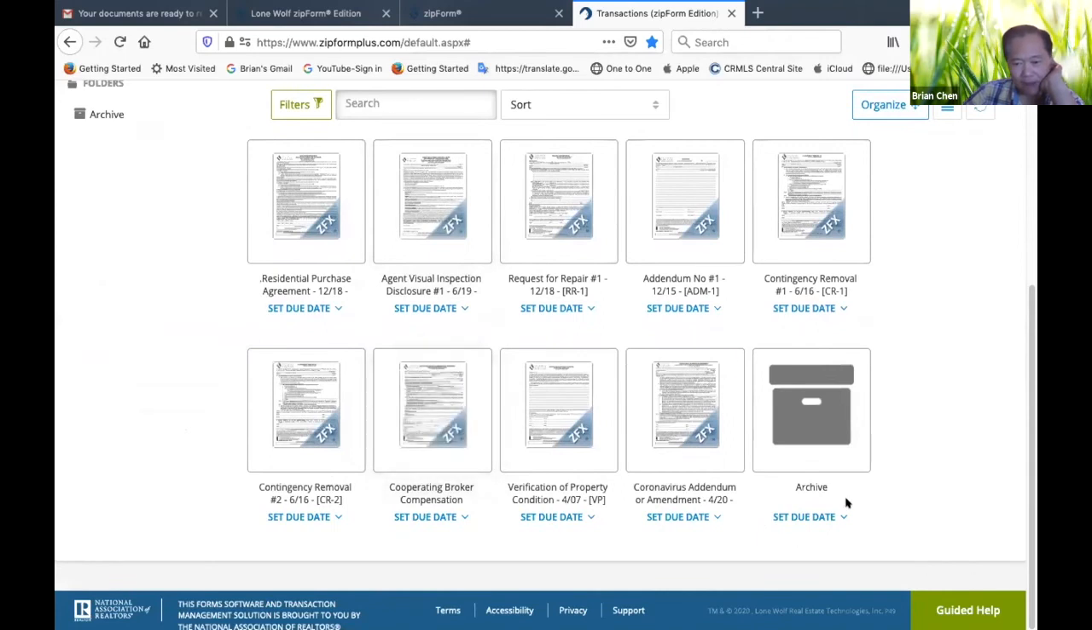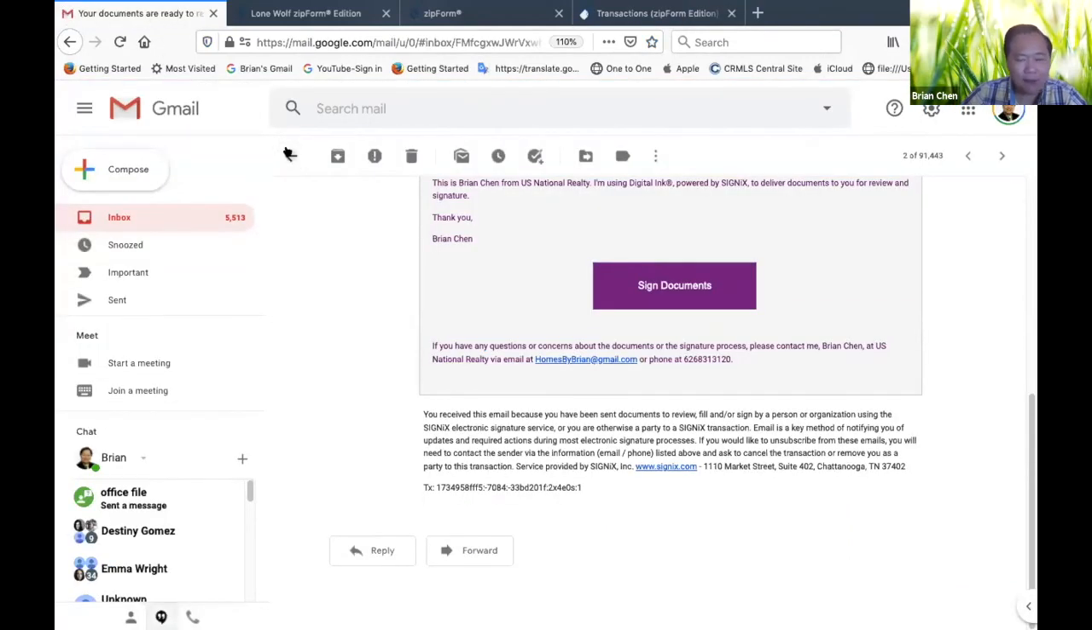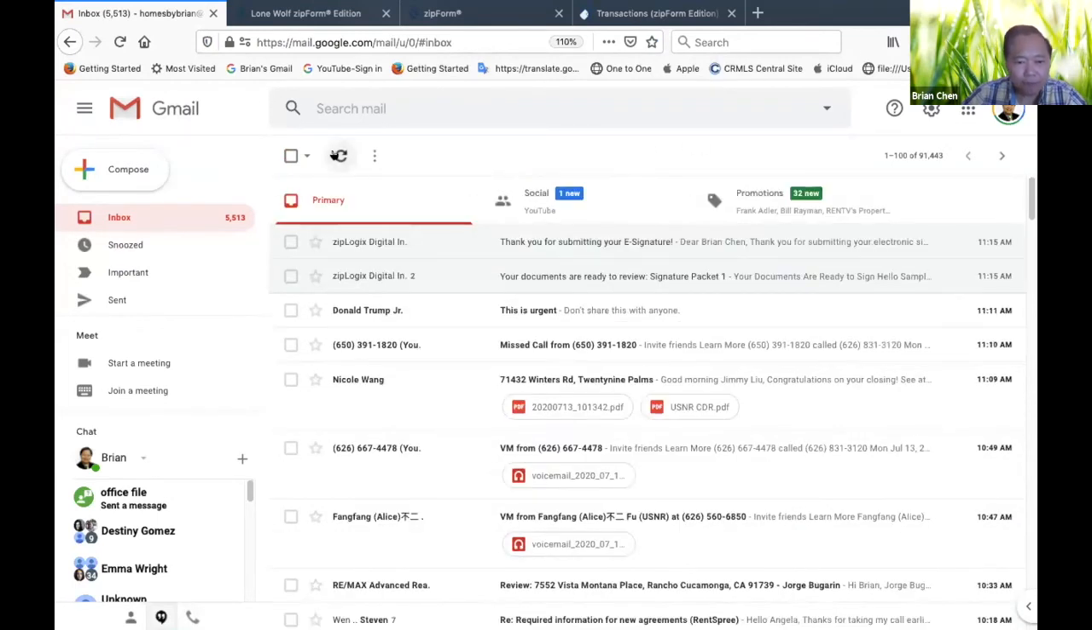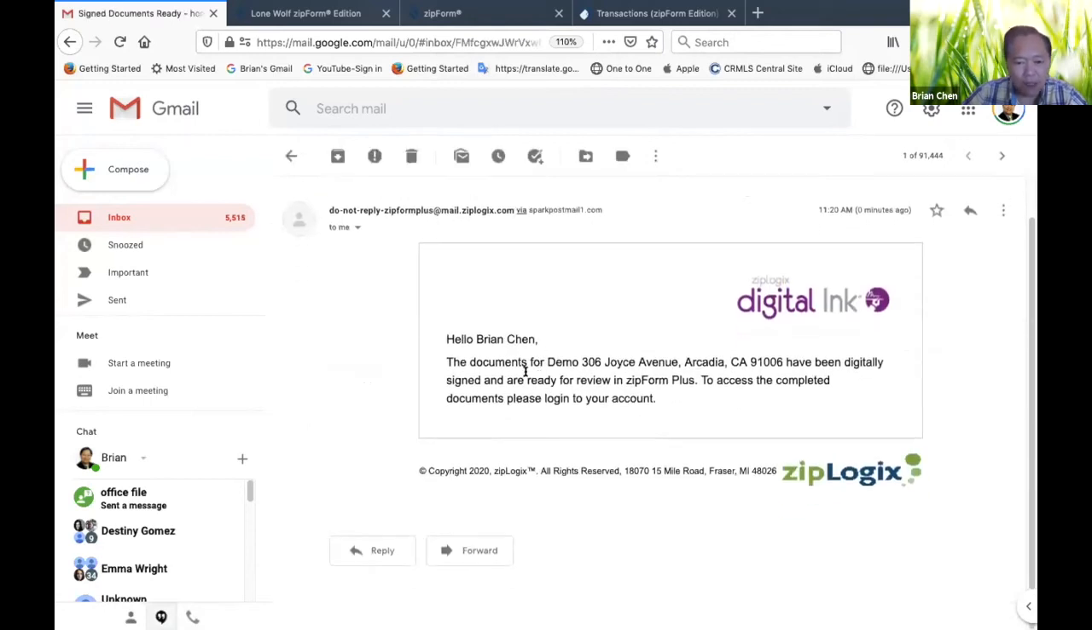It's not here yet. I want to wait a little bit because it will actually have a new folder that the system creates for you. And that will have all the documents in there. That's where you can retrieve your documents, or as an agent, you can go to your email address, and you can sign documents ready. So you can come here and